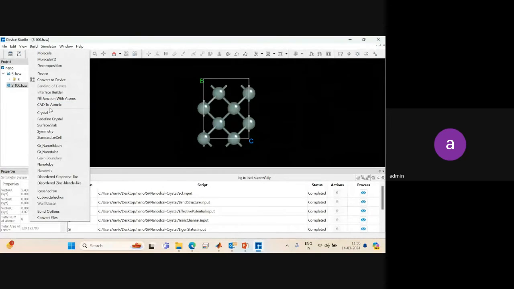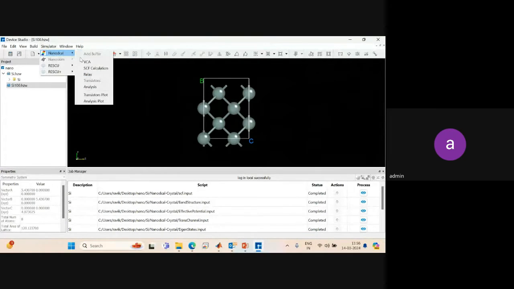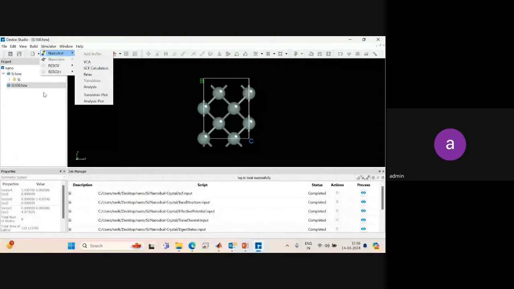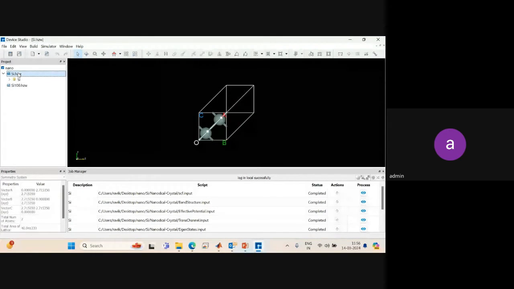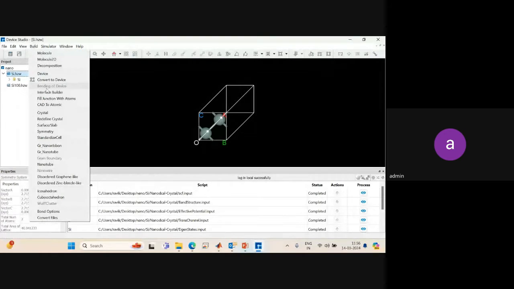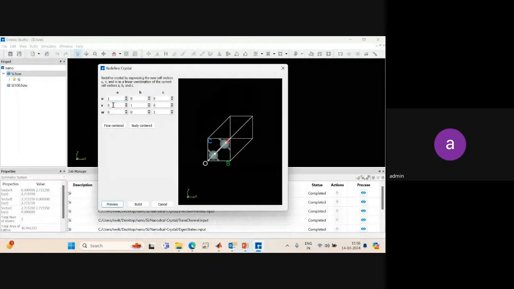And now if you want to simulate this structure, similarly follow the same procedure and you can simulate it. And if you want to work on something else, let's suppose you want to work on the same material, this crystal you want to redefine, you can go to the build option and click on redefine crystal. Once you click on redefine crystal, there is an option where you can again manipulate your crystal